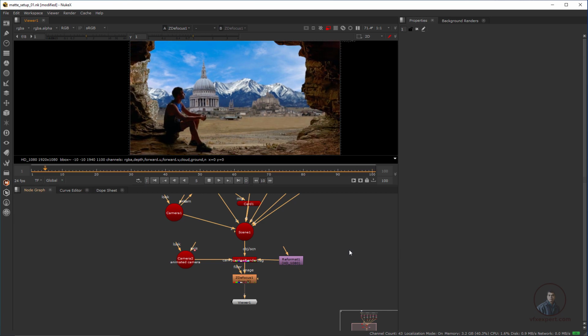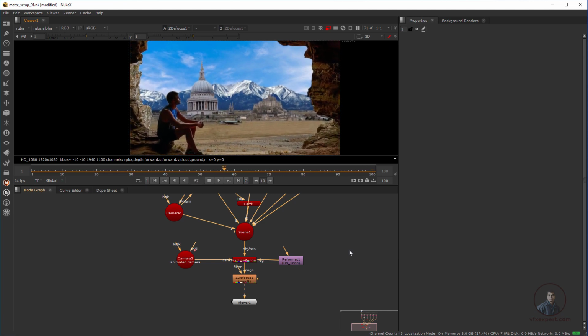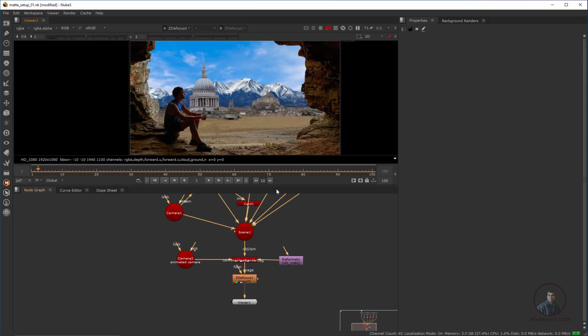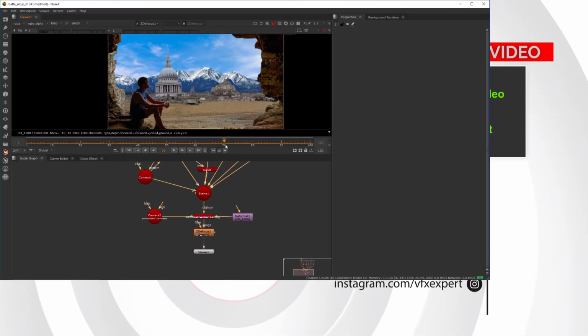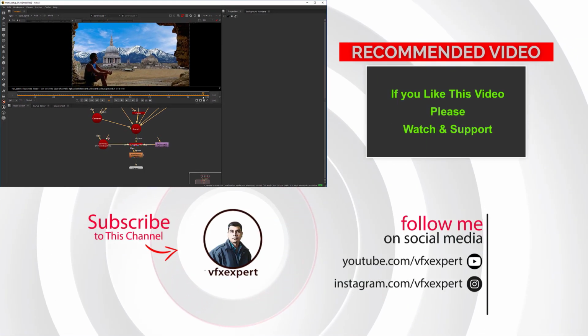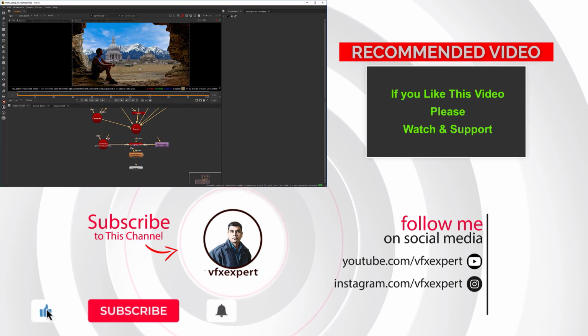The remaining things you can adjust according to your requirement, color corrections, maybe object placement, all these things here. Okay, so this is important. Okay, so the remaining things you can adjust according to your requirements. I think this is looking good here. So till here I have completed our scene.